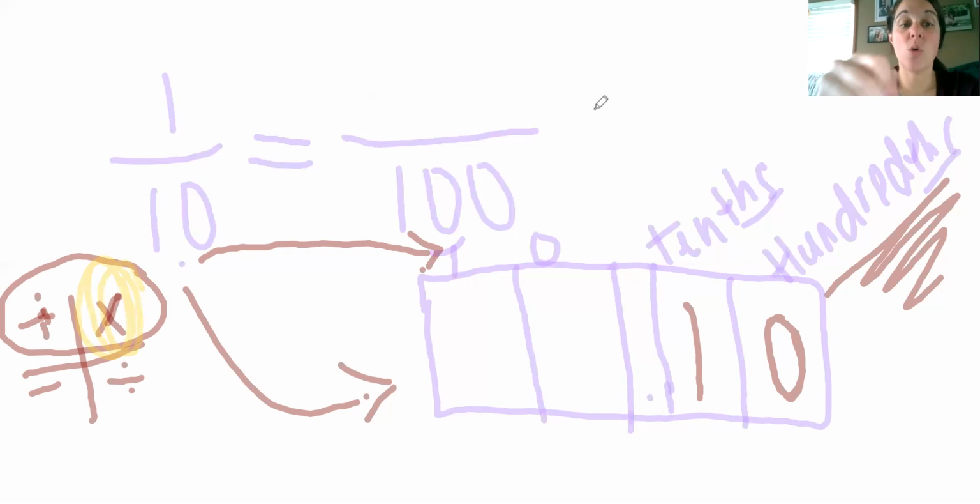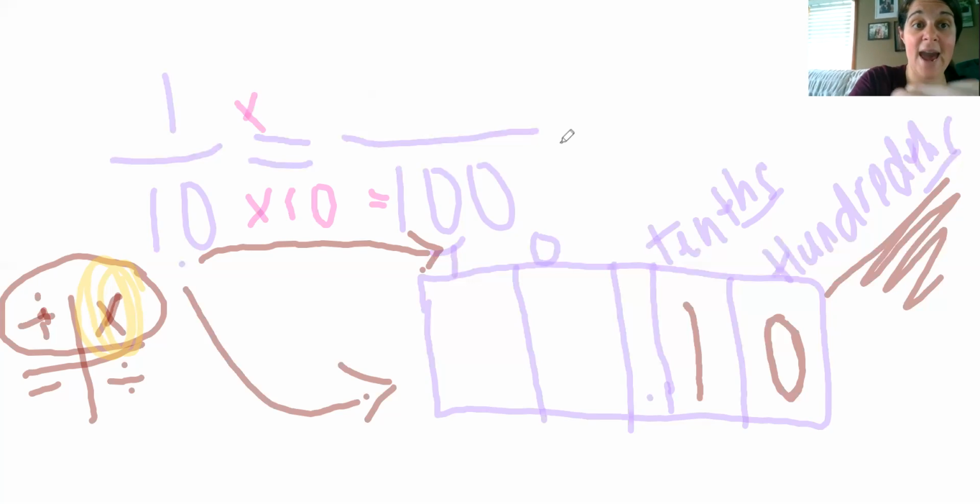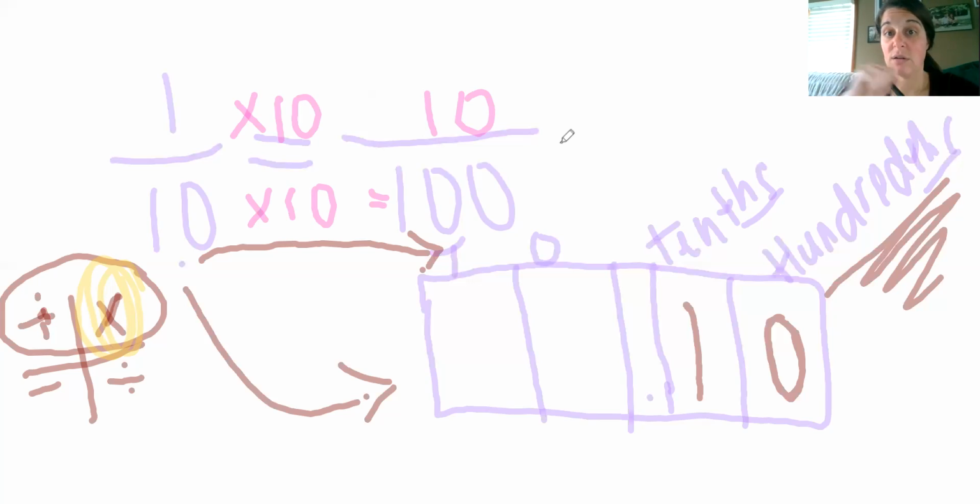Multiply, right? So what we're going to do is we just go back to the basic rules of fractions, right? 10 times what number gives me 100? 10 times 10. What I do to the denominator, I have to do to the numerator. So 1 times 10 is 10. So 10 hundredths is equivalent to 1/10,